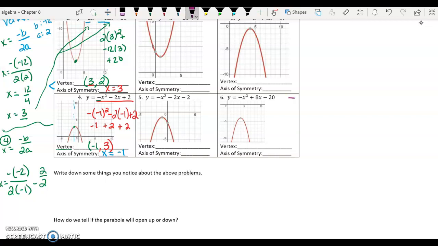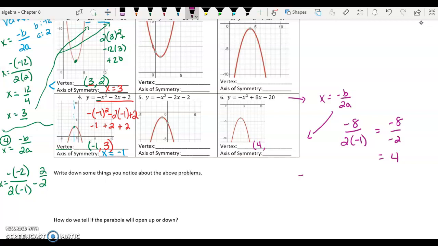I'm going to do number 6 with you guys as well, and I want you to do number 5 by yourself. So number 6, what you have to do, same thing. X equals negative b over 2a to help me find the x value in the vertex. When I do that, I get negative 8 over 2 times negative 1, which is negative 8 over negative 2, which is 4. So now I'm going to plug that in